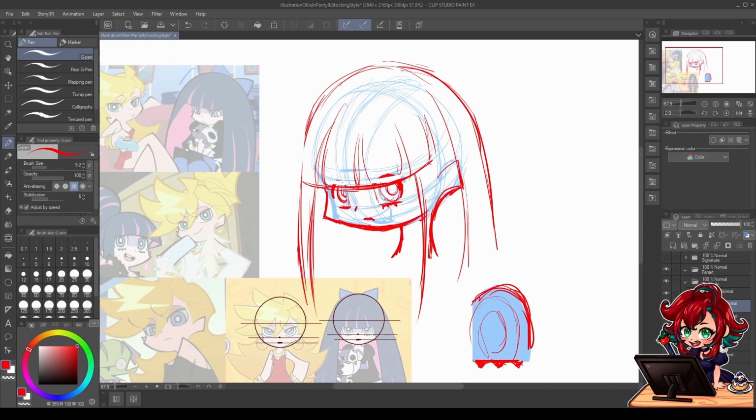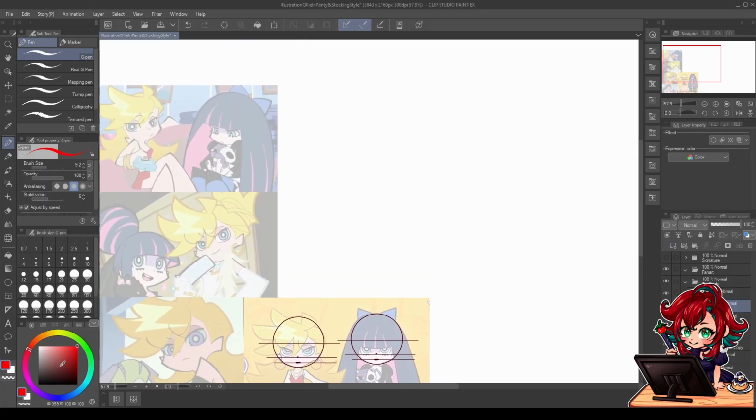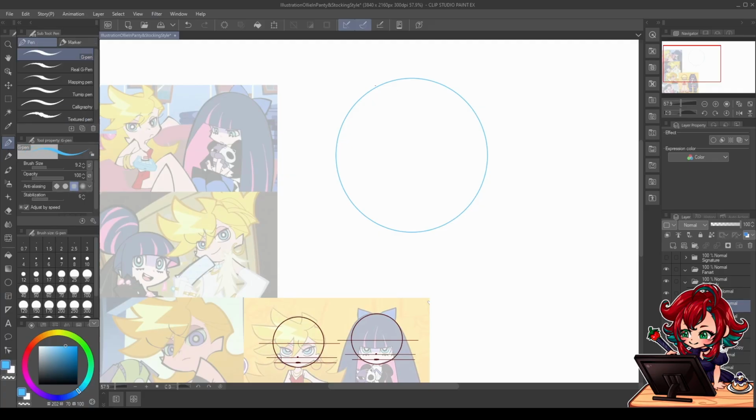And let's go to the other character. So I'm going to hide this layer and make a new layer. And this character I wanted to look up, so let's do the same. Oops, let's do a circle. Okay, and we are going to look up a bit. So let's